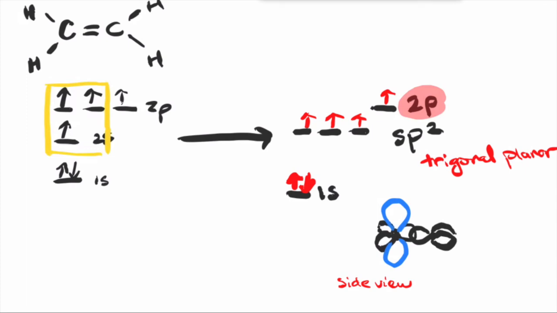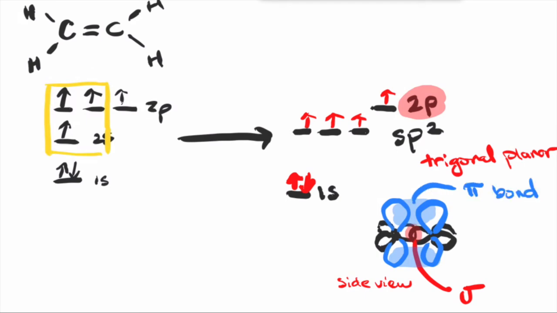Those are the sp2 hybridized orbitals and the leftover 2p orbital. From this, we see there is one overlap already of the sp2 hybridized orbital from each carbon, giving us our carbon-carbon sigma bond. There can also be a side-to-side overlap in the p orbital from the top and the bottom lobes. This overlap is not as prominent, therefore this bond is not as strong. It is known as a pi bond.